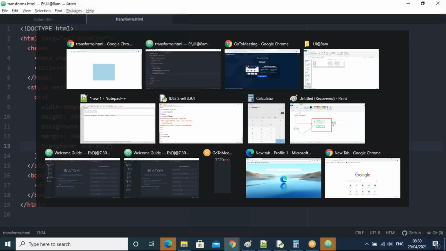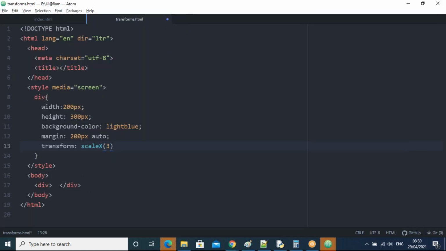Which one increased, height or width? If I take scale x of 3, see what is happening here. On the x direction, it's increasing the width.